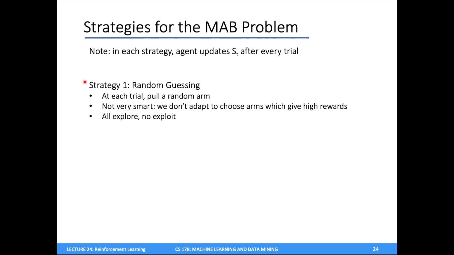And let's see, anyone have any ideas of what I could do besides just random guessing here? Yeah. Keep on doing ones that I haven't done before. Okay, so if I have 1,000 trials and I have 2 arms, well, I'm just going to randomly pick them. Well, I think we're back in strategy 1 if we do that. So yeah, other guesses. Maybe from people we haven't heard from very much. Yeah, sure. Yeah.